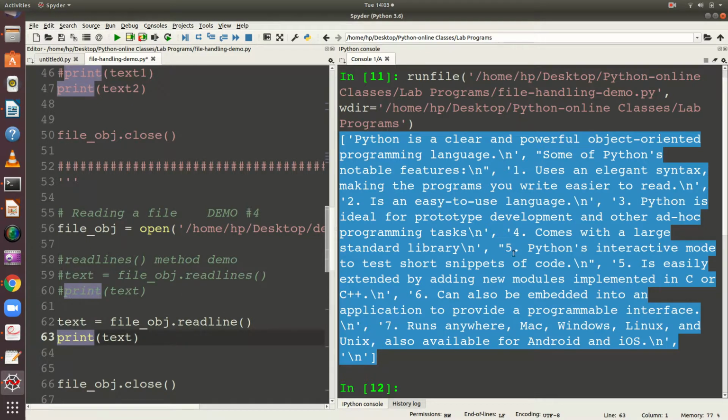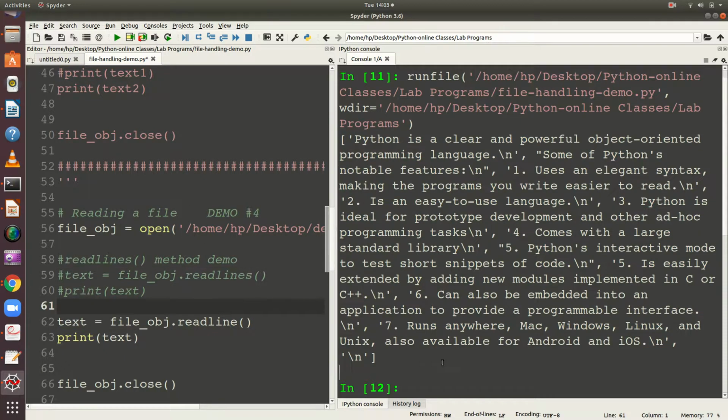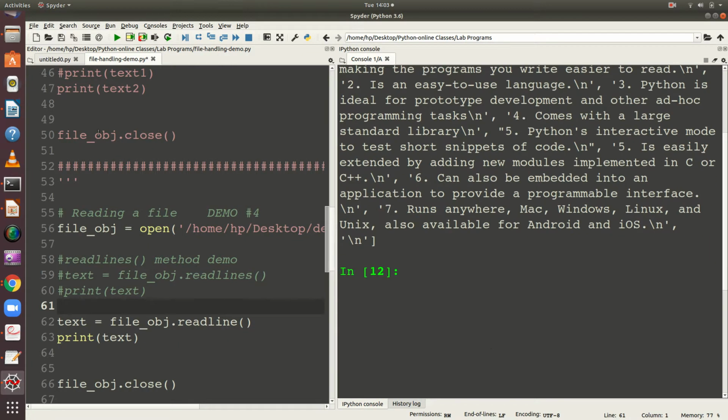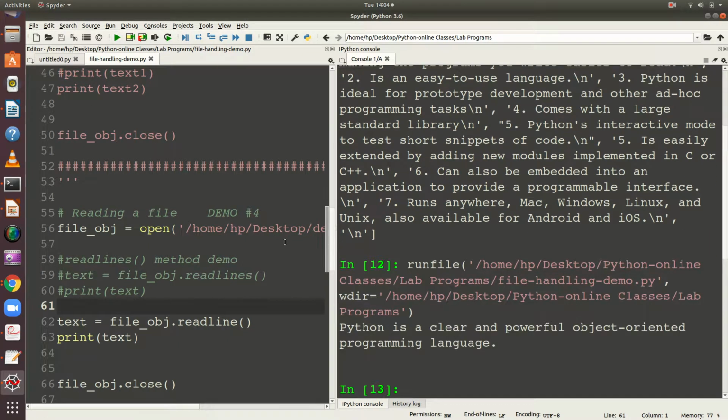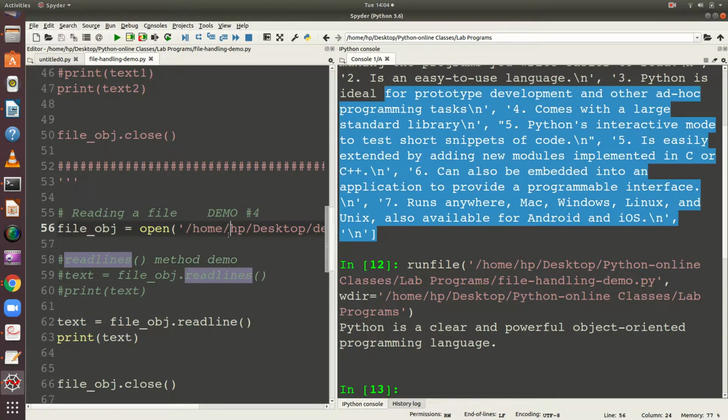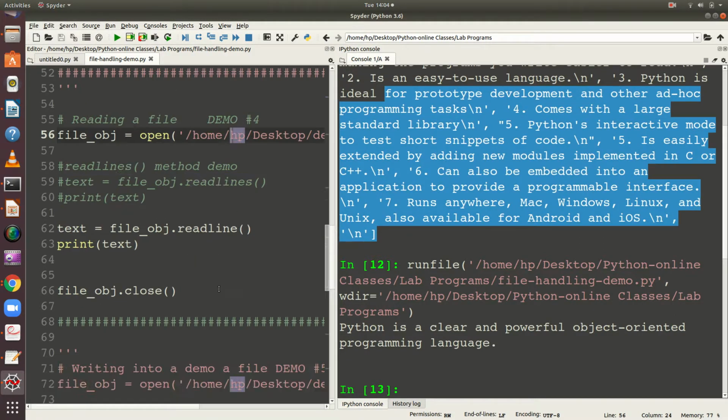So this is the output for the readlines method. Now I have changed it to readline. I am going to run the program. I am not clearing the console. I am going to run the program again. You can observe this returns only one line, but it is in string format. No square brackets here. Whereas this returns a list of strings. That is the basic difference between readline and readlines.